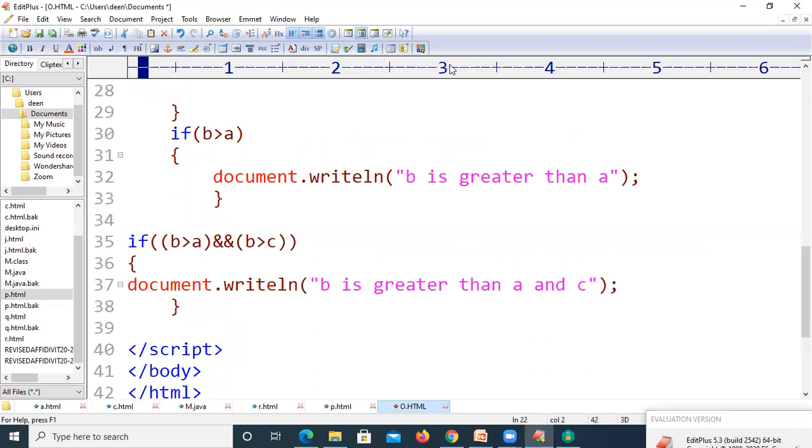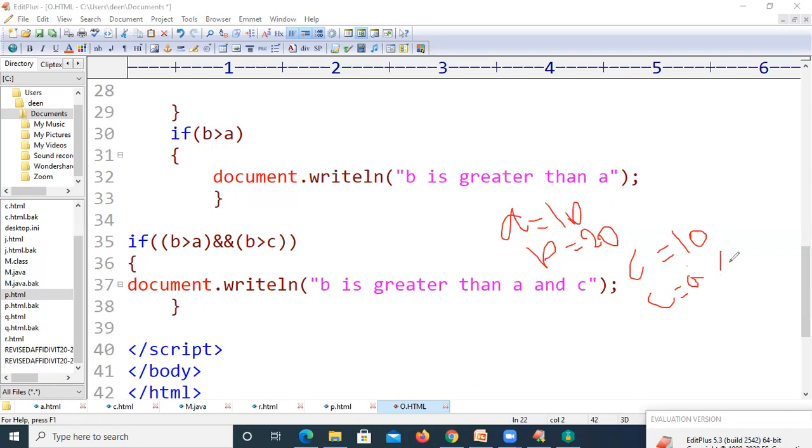The value of A is 10, B is 20, and the value of C is also 10 because we have performed C equal to A percentage B, which gives us the value 10. Now let us check what will be the output of this code.